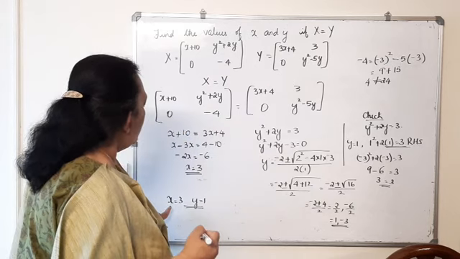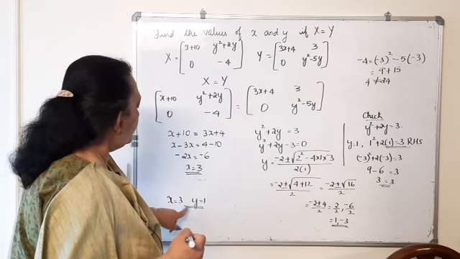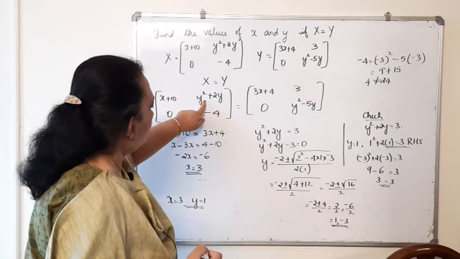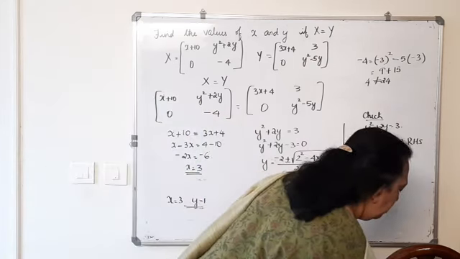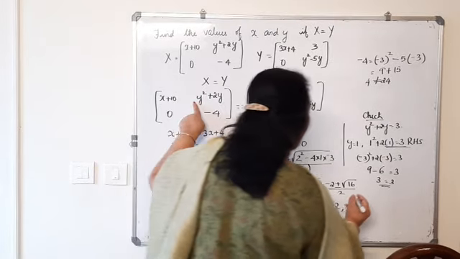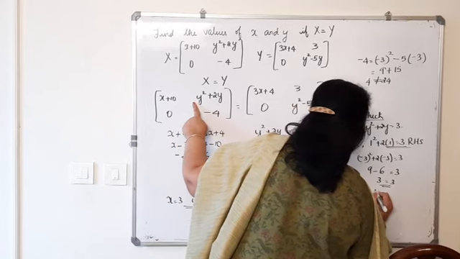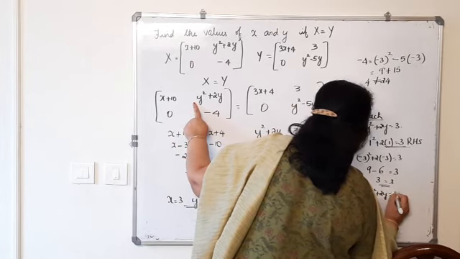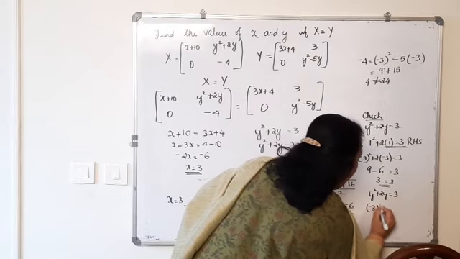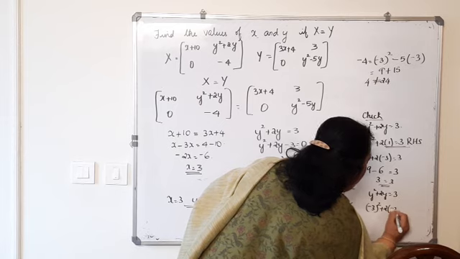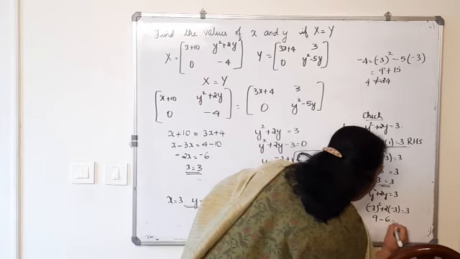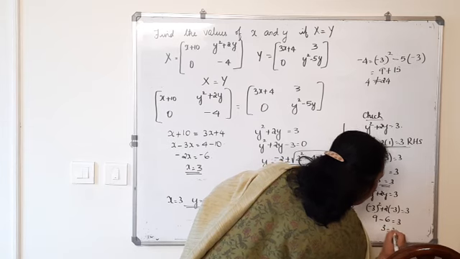So, what are the values of y? Y is equal to 1, x is equal to 3. And substitute over here also. Y squared plus 2y is equal to 3. What is the value? Minus 3 the whole squared plus 2 into minus 3 is equal to 3. 9 minus 6 is equal to 3. That is 3 is equal to 3.